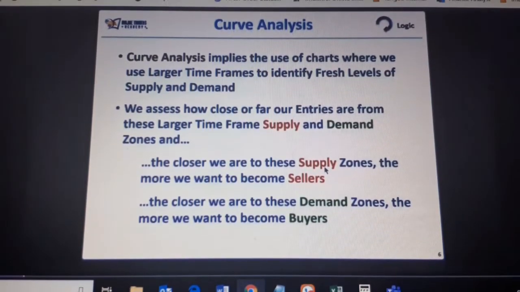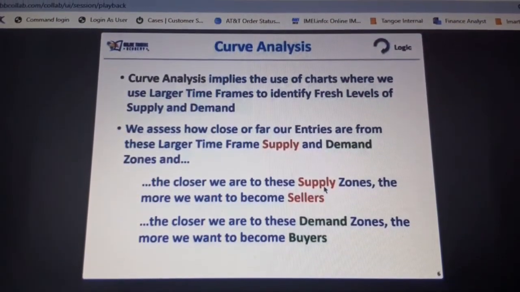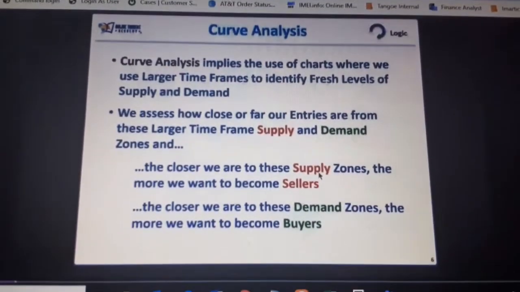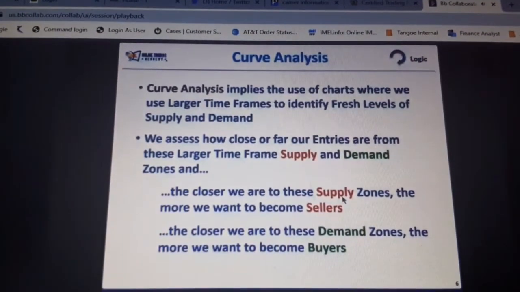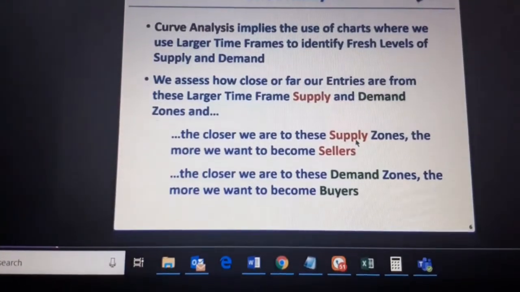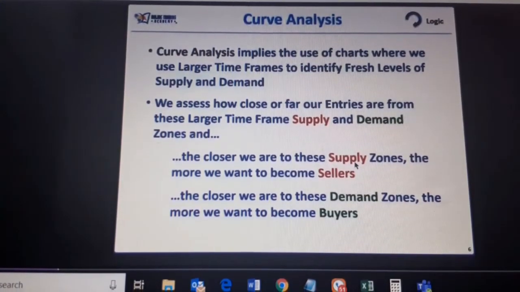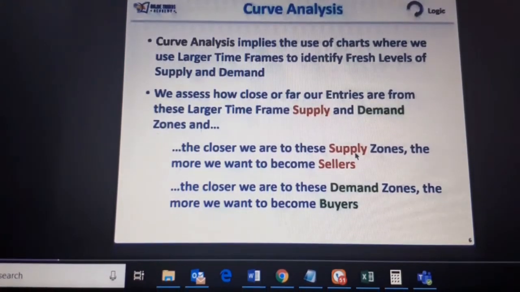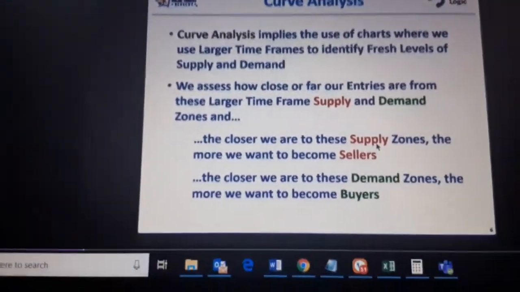Okay, when you are closer to your higher time frame demand, let's suppose, Pradeep, you are looking for an hourly income trade, and the price is closer to a 75-minute demand. That is the time when you will look to be a buyer, not a seller. Similarly, when you are closer to your higher time frame supply, 75-minute supply, that is the time you look to be more of a seller. Whenever you are closer to your higher time frame supply, you will be more of a seller. Whenever you are closer to your higher time frame demand, you will be more of a buyer.